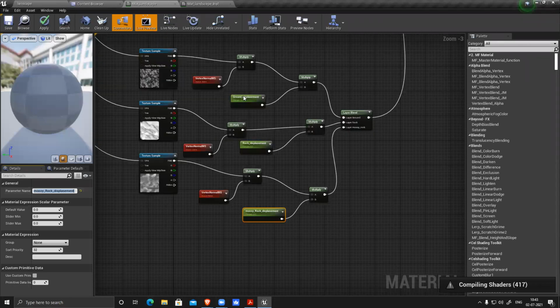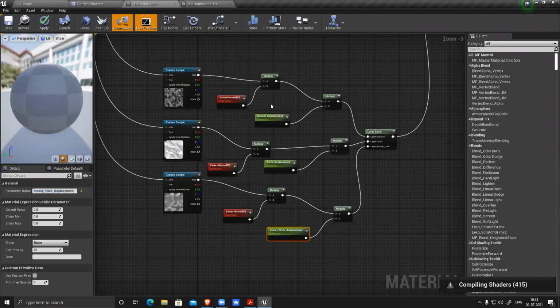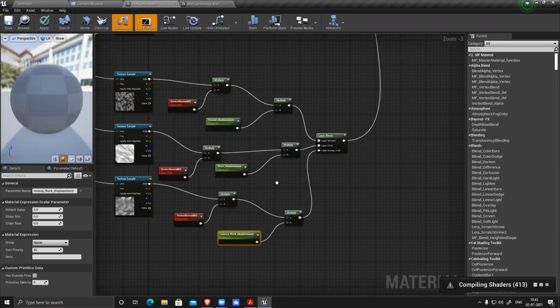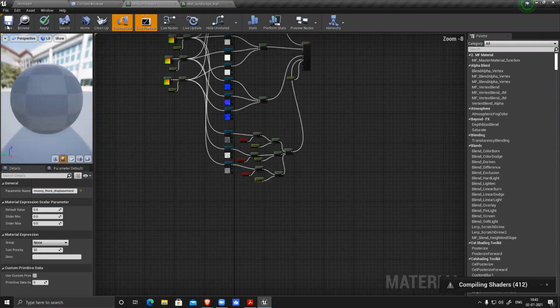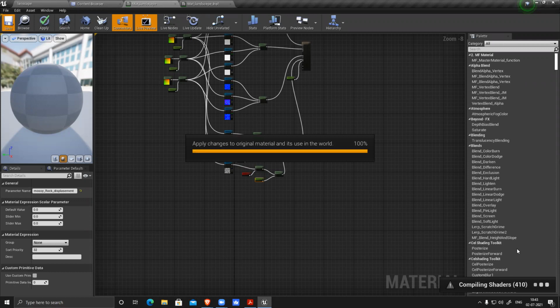Connected. So now I have displacement output, displacement intensity and tessellation, all of the things. Now save the file. It will recompile everything again. So you can see, one by one, I can add more nodes and make the shader really complicated.